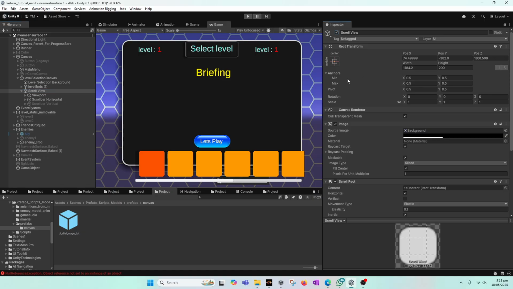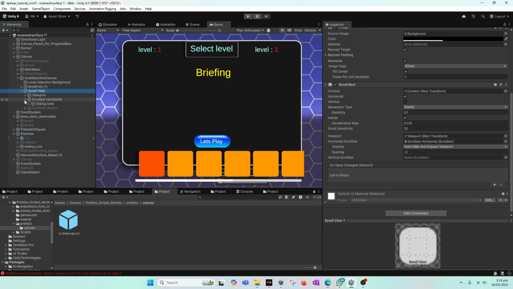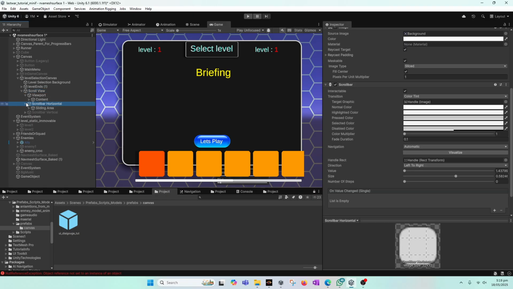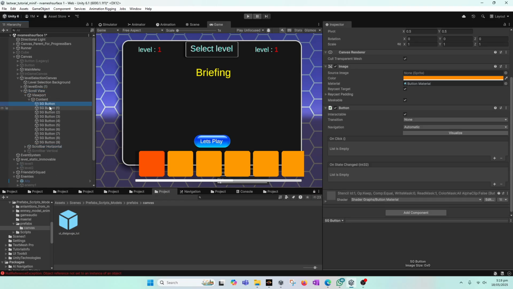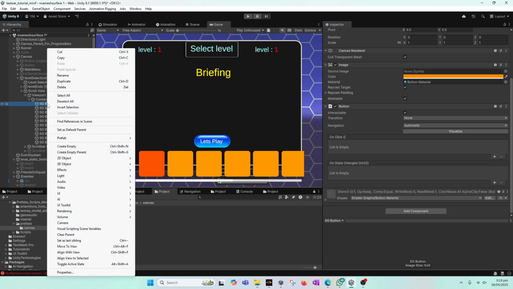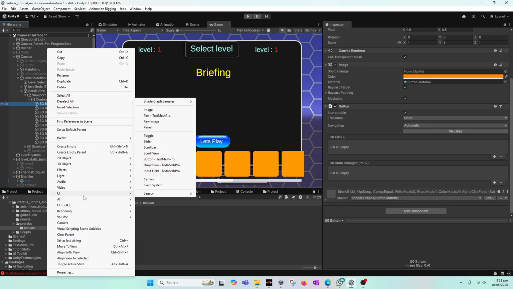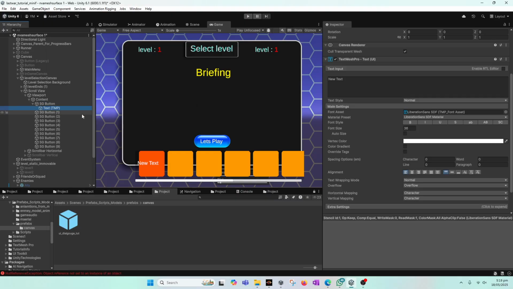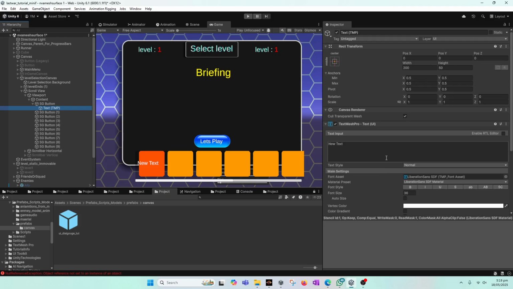This is our scroll view, and inside scroll bar horizontal, inside viewport there is a content, and this is the button, and inside button we will try to add a TextMeshPro component here. UI TextMeshPro component,